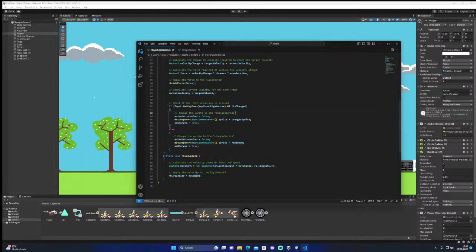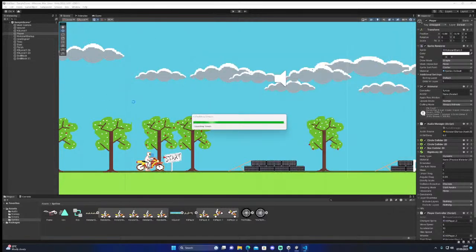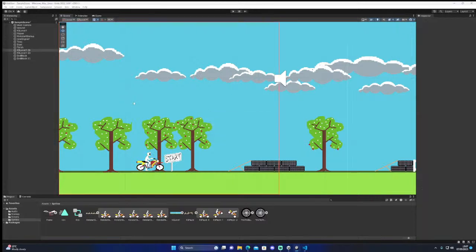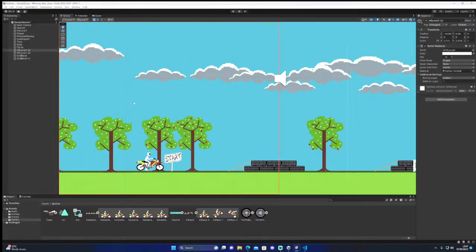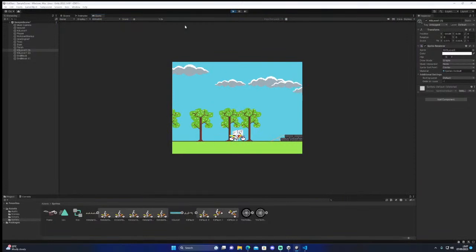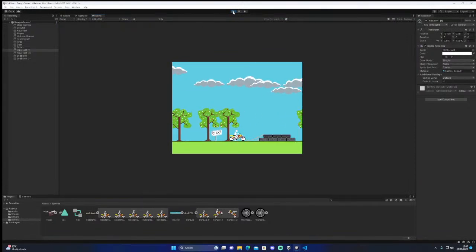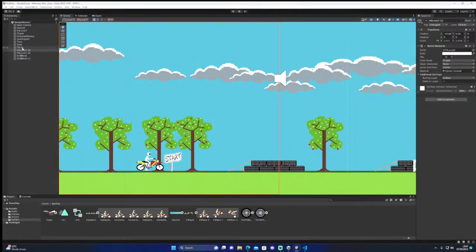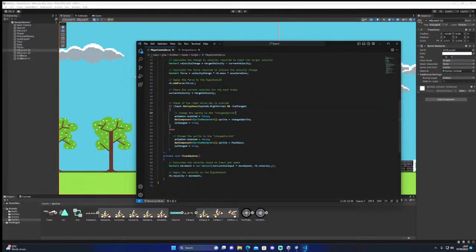Let's save. I might not have done that. So if the key down get that is not changed, that's not... It's little things, silly things.